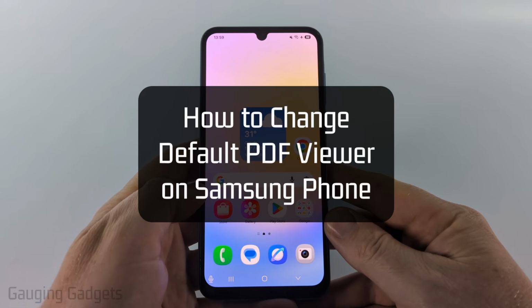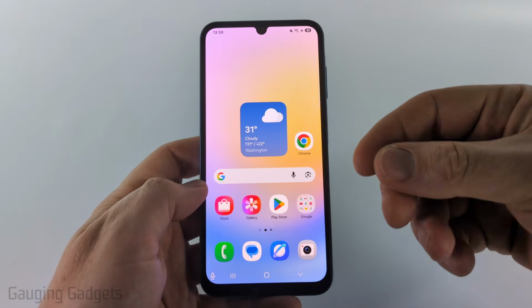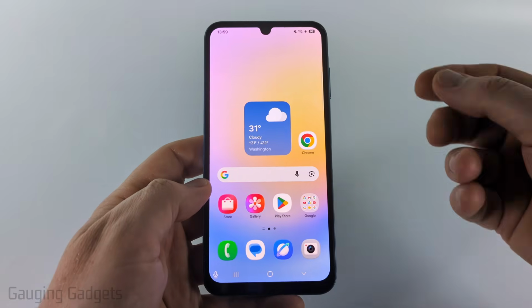How to change the default PDF viewer on a Samsung phone. In this video, I'm going to show you how to change the default app that opens up PDF files on